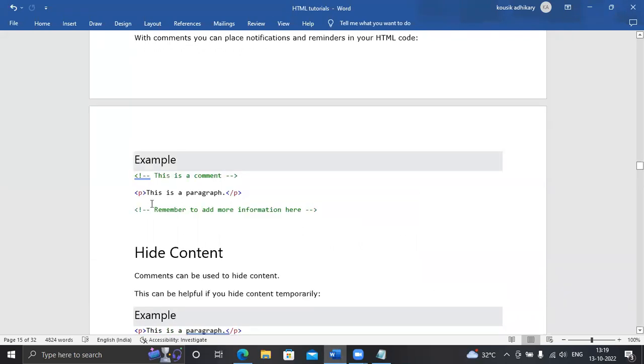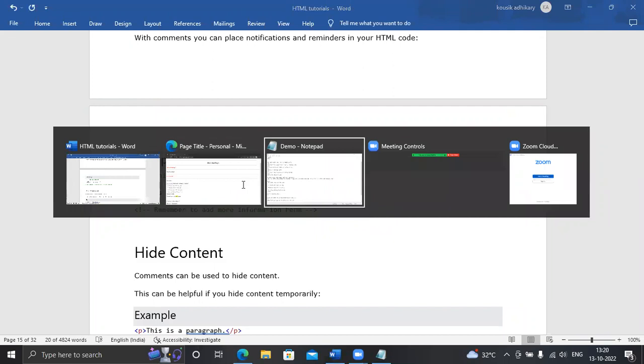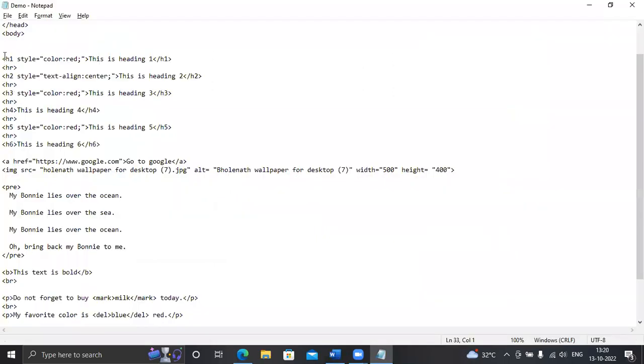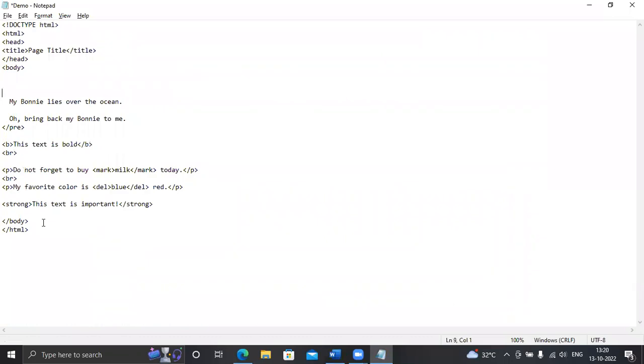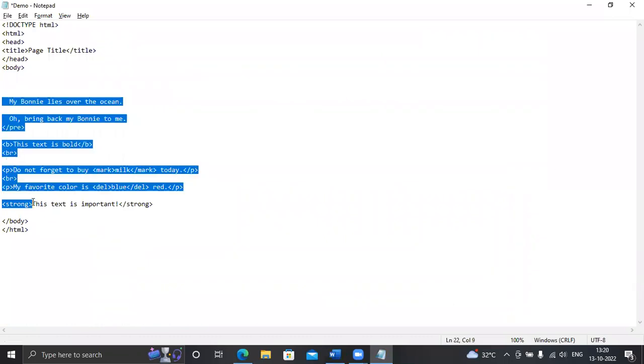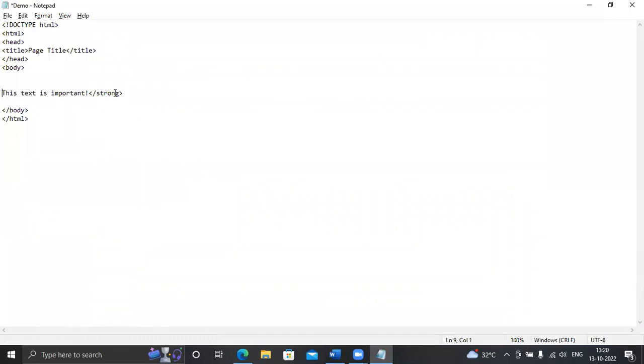Okay, and look, suppose I am writing, let me clear all the things. Here I am writing: this is a comment, remember to add more information here. It starts with the less than sign, dash dash, and ends with dash dash, greater than.